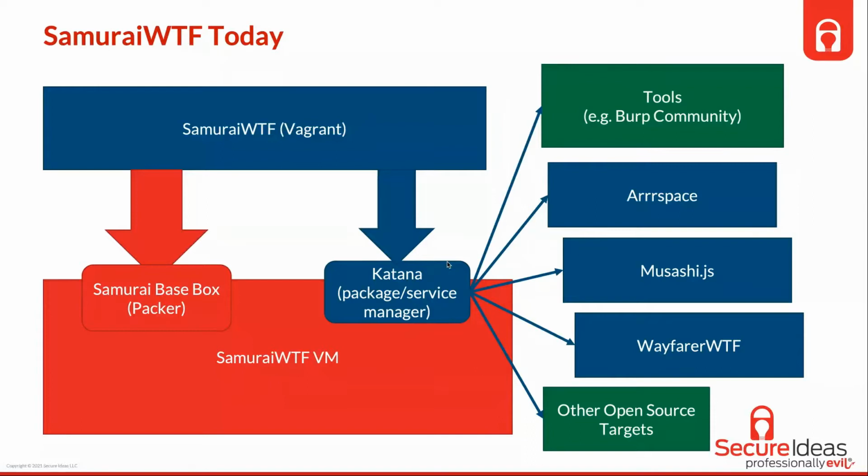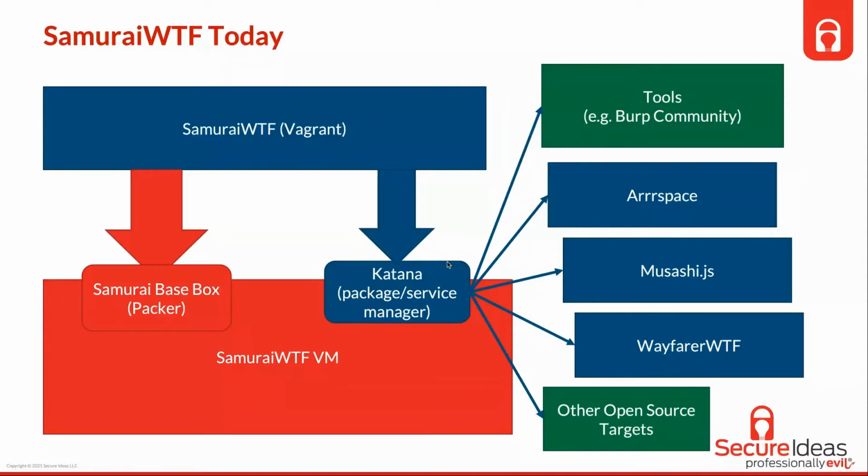Once the VM comes up, you have the use of Katana to actually pull all of these other things on demand. So when you want them. So if you want to install any of the tools that it has, I forget the specific term we use for it, plugins and modules. So any of the tools it has modules for, it can pull in. A lot of those are out there in the community. They're the Burp Community Edition, so the free version of Burp, or they're open source tools being pulled from their respective GitHub repos,